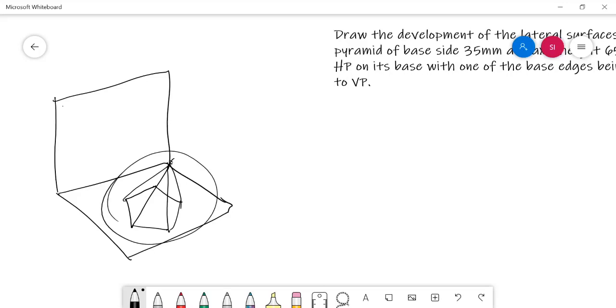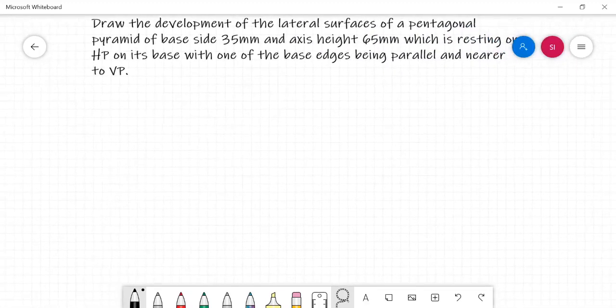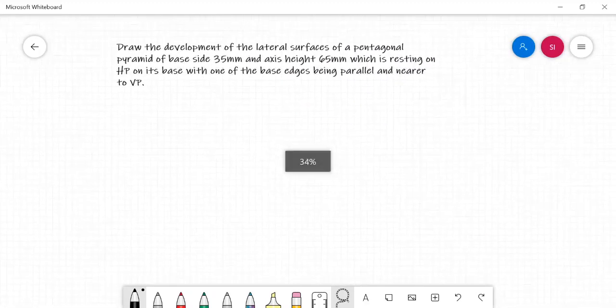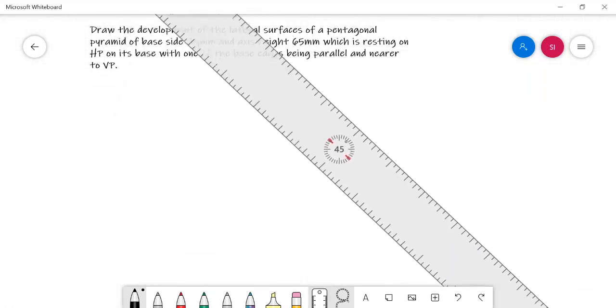This time, we need to develop the uncut solid. So first we have to start the answer by drawing the projection of the solid, that is the base view and the lateral view of the solid need to be drawn first. Let me draw the front and top views starting from our XY line.